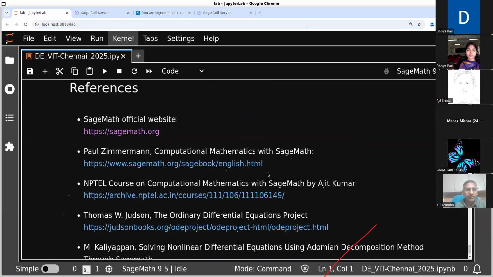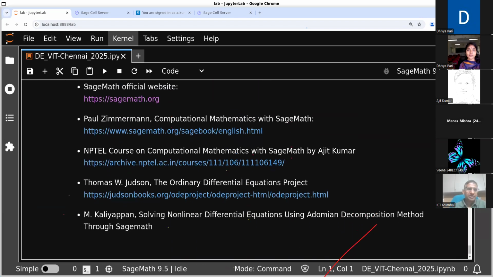So these are some of the references. The website is the best reference. Of course, on the website, there is also a book called Computational Mathematics with SageMath by Paul Zimmermann that you can download easily. And there is an NPTEL course by